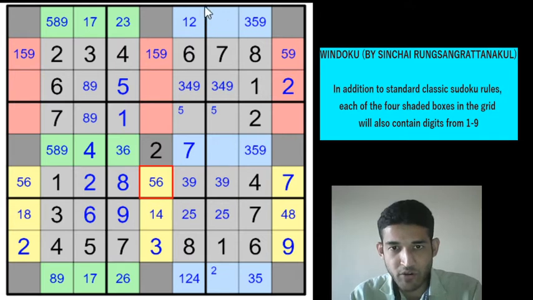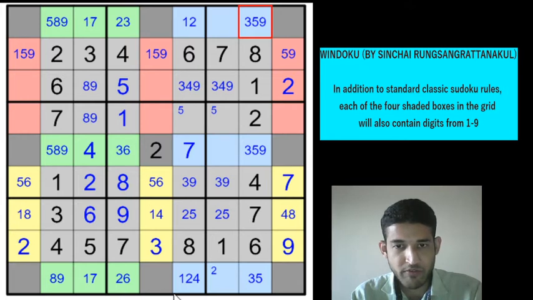Right. Again, focusing on the blue cells. Why am I focusing on blue cells is that the yellow we have almost filled, and green also we have filled almost. So blue cells have most digits, so let's focus on that. 3, 5, 9 and 7 have been placed. Remaining digits are 1, 2, 4, 6 and 8, right?